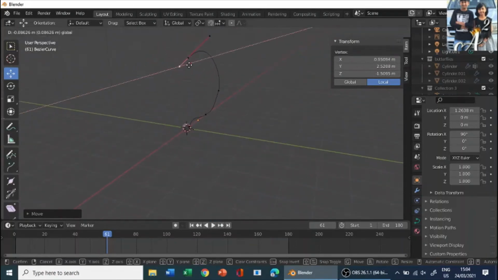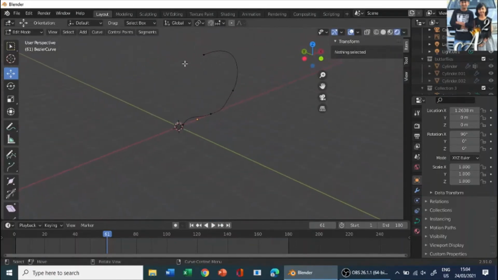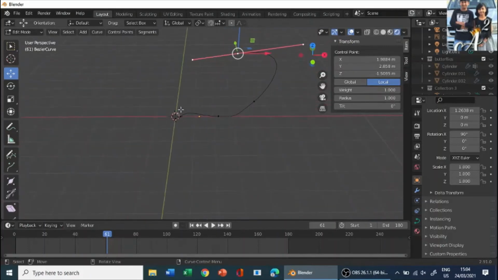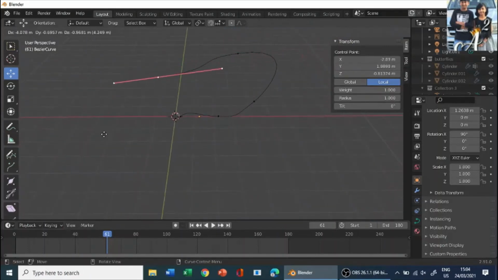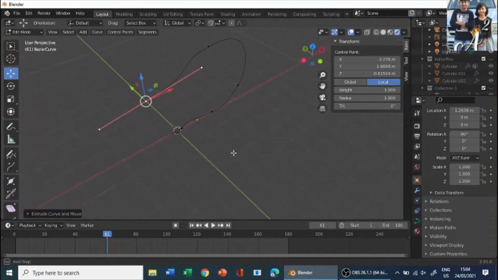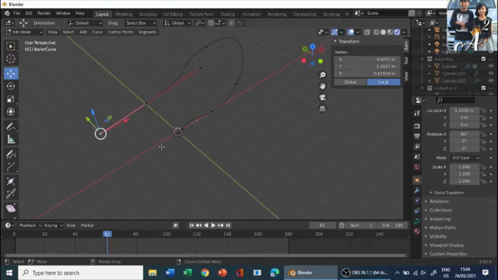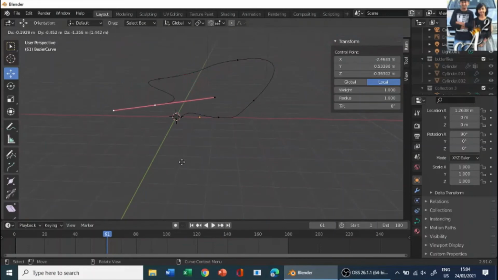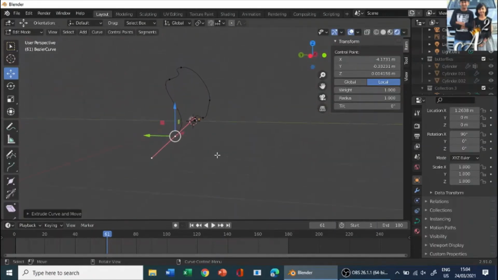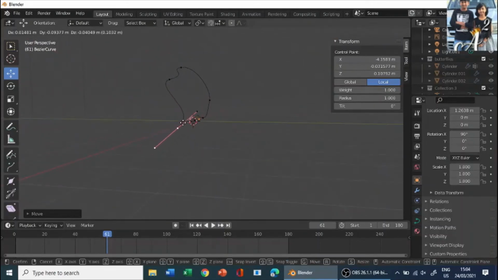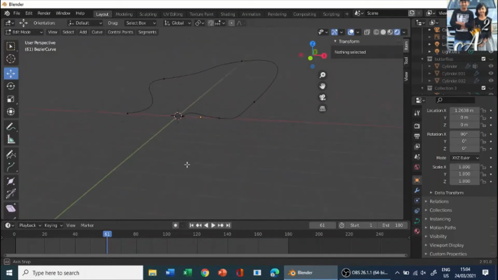Okay, now let's move it to the front over there, and E to extrude another form like this. E to extrude it, and over here E to extrude it down, move it up, and on this side. So now we have our guideline.